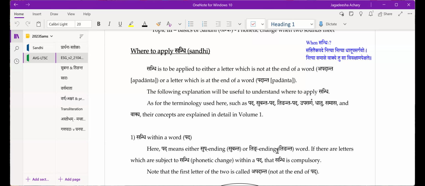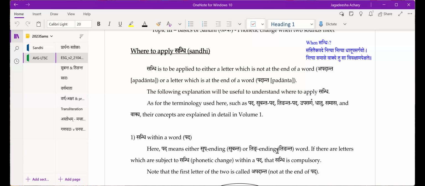Same way, just the pratipadika Rama without a vibhakti ending does not have the status of a word or pada. It gets the status of pada and can be used in a sentence only when a pratipadika or noun stem is combined with a sup pratyaya, and the same with the verb. A pure verb cannot be used in a sentence. It is always used after it is suffixed by a ting pratyaya. That is why Panini says there are only 2 types of words, subantam and tiṅantam: verb word or noun word.